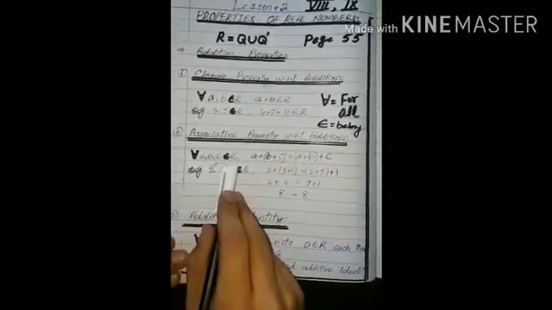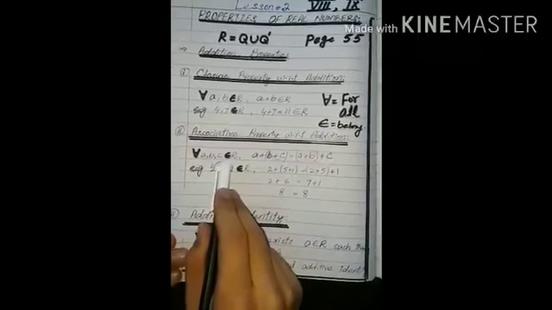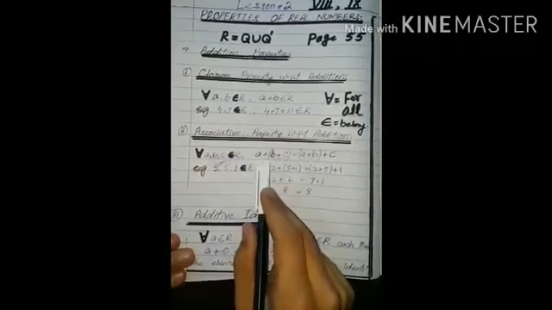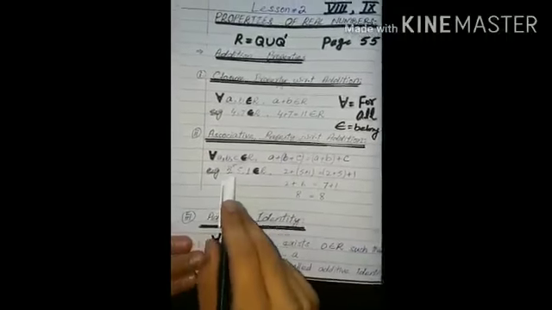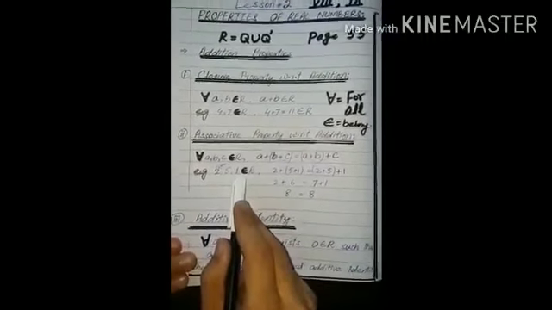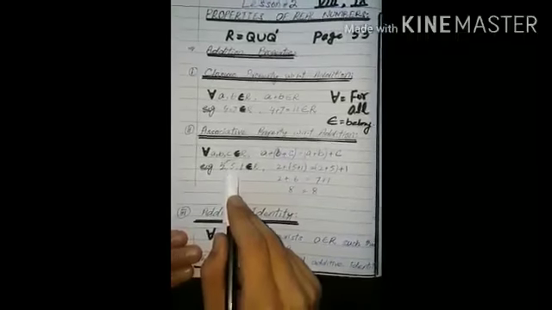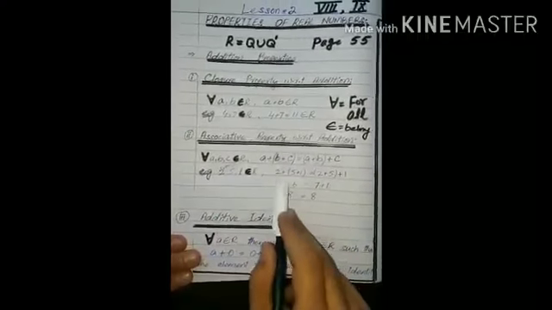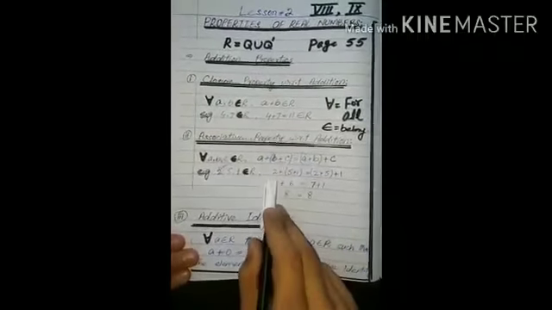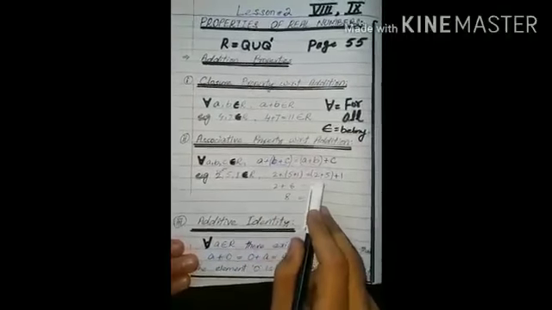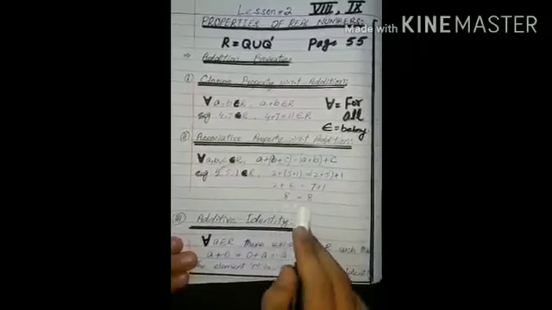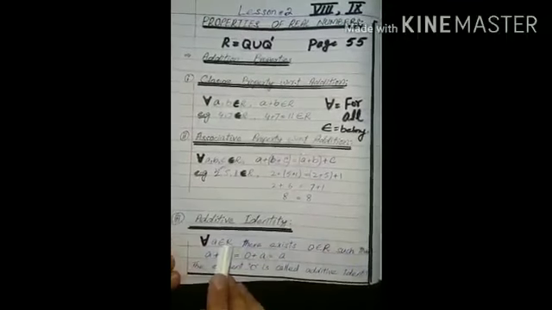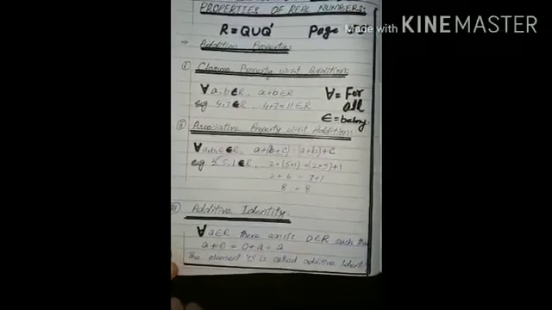Now for all a, b, c, any three real numbers, when we add these three real numbers, from both sides we will get the same answer. For example, 2, 5, 1 are three real numbers, and when we write them in the form of the above equation, we get (2 + 5) + 1 equals 2 + (5 + 1), and when we solve both sides, we get the same answer. Now the next property is additive identity.